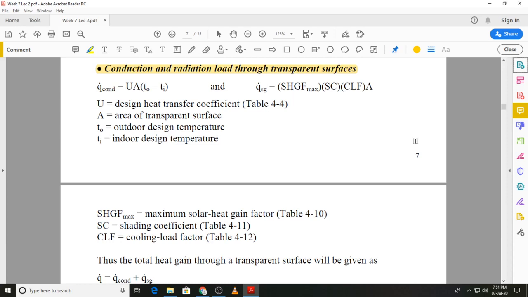The other component, that is the solar gain, that is the energy that is transmitted through the transparent surface, is calculated by using the equation